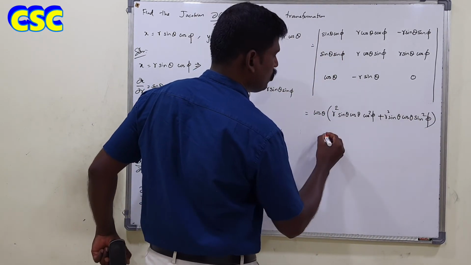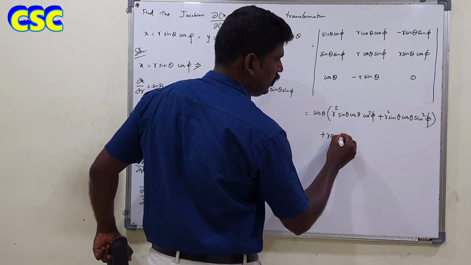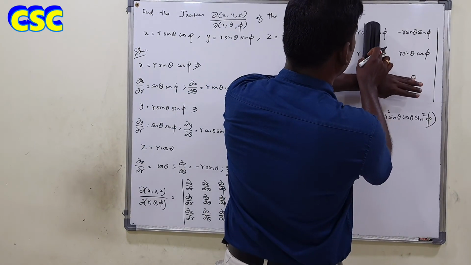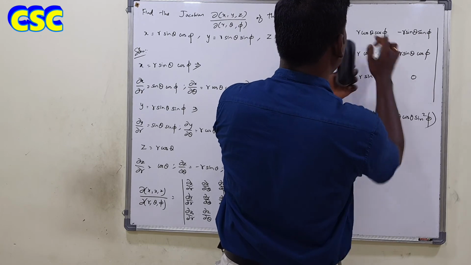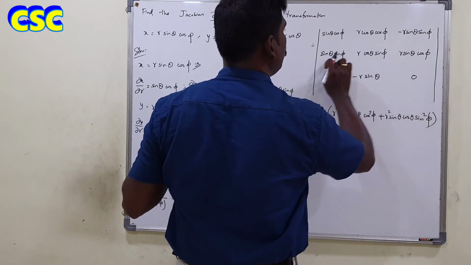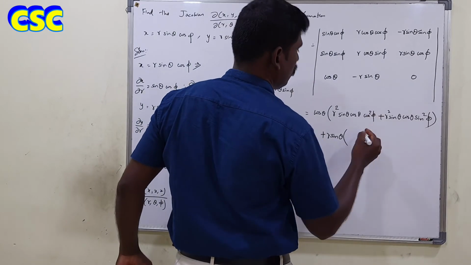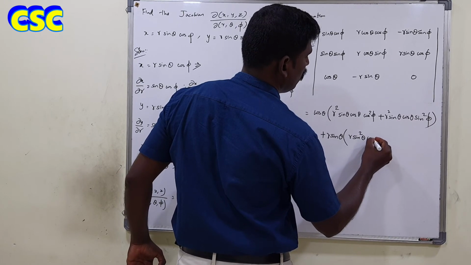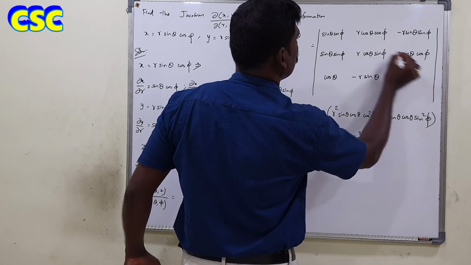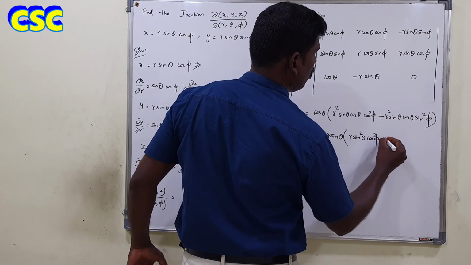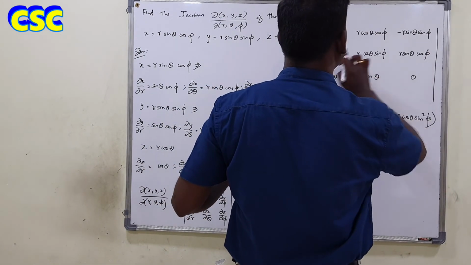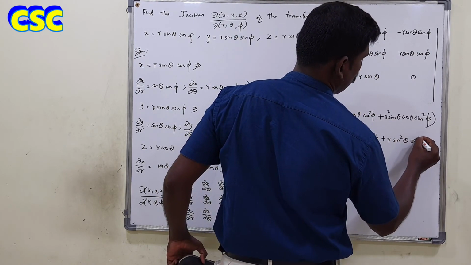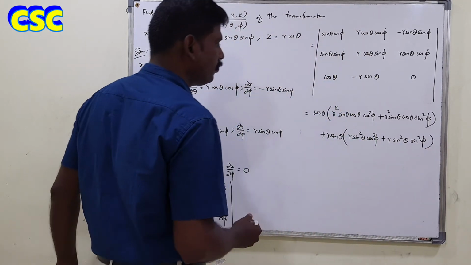Similarly, minus of these terms. So minus of minus becomes plus r sin theta into, right? Remaining these terms, right? So determine value of this. So taking the product between these two with these two, right? r sin square theta cos square pi, and then product between these two plus r sin square theta sin square pi. Okay, that's all.